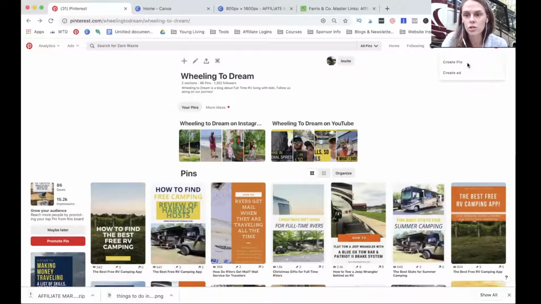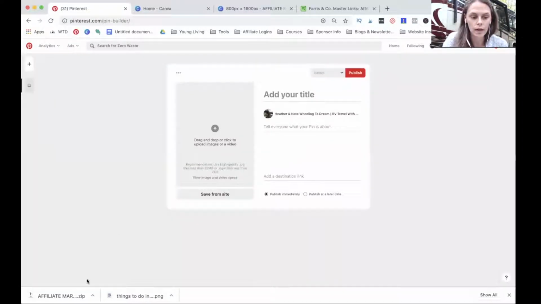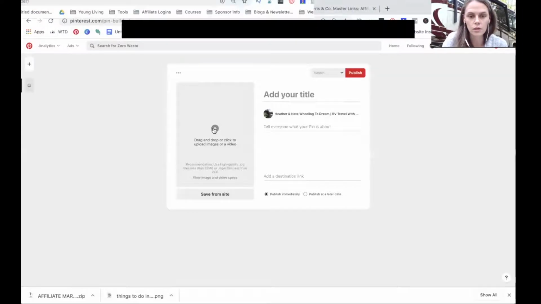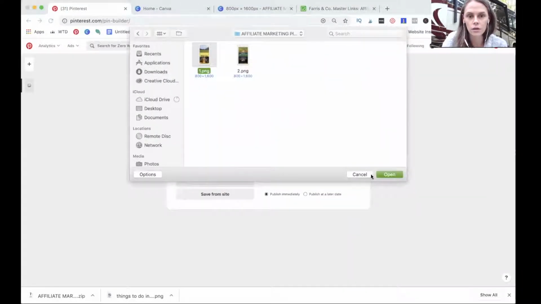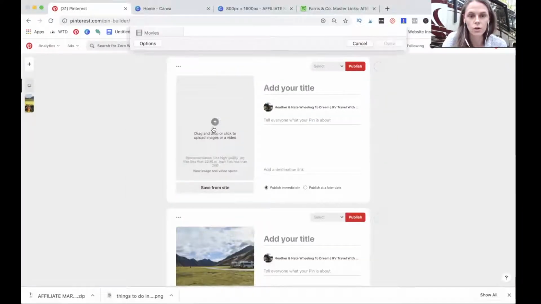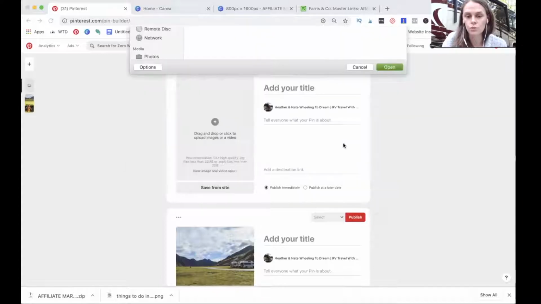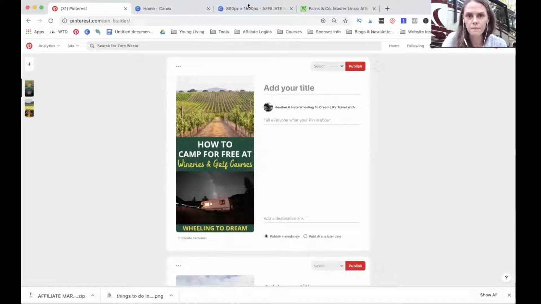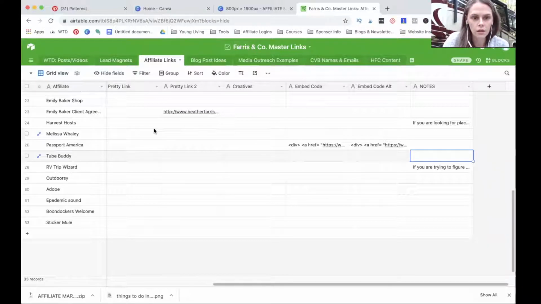So I have the images downloaded on my computer. So I actually just need to open the file and let's close that. We're going to put them in here in our pin builder. So this is number 1. And then we have another one, number 2. Okay. Now I need to jump into my affiliate link